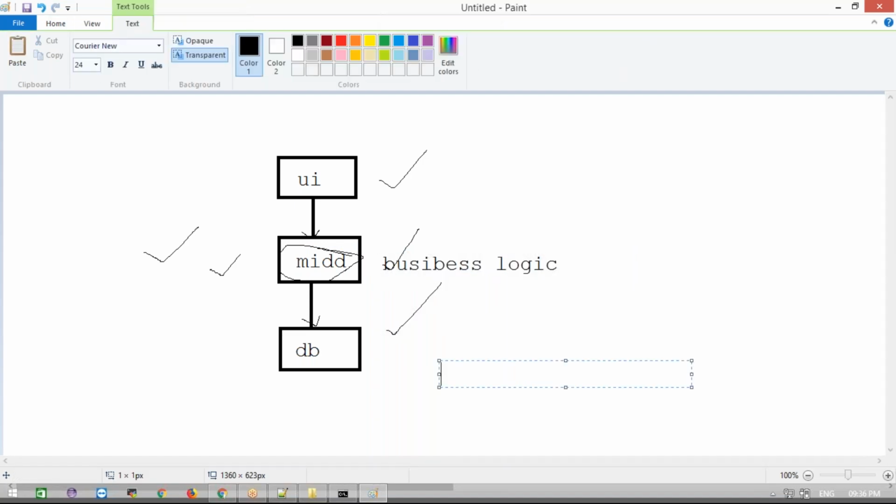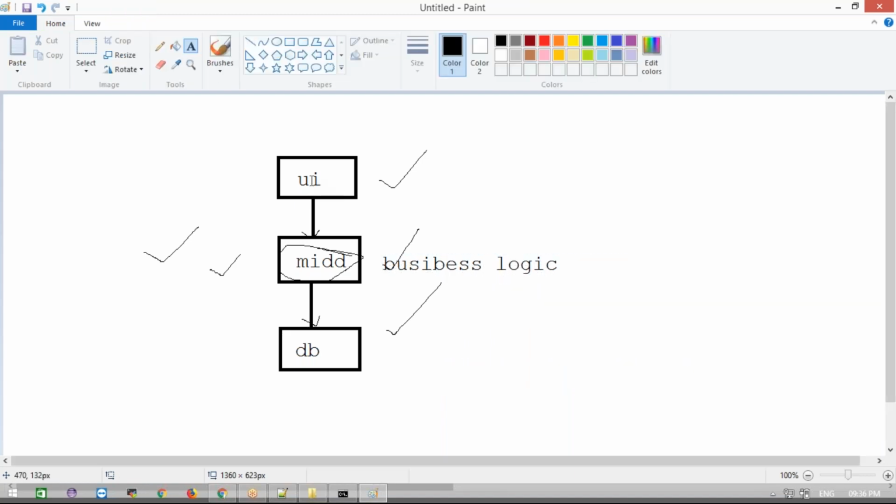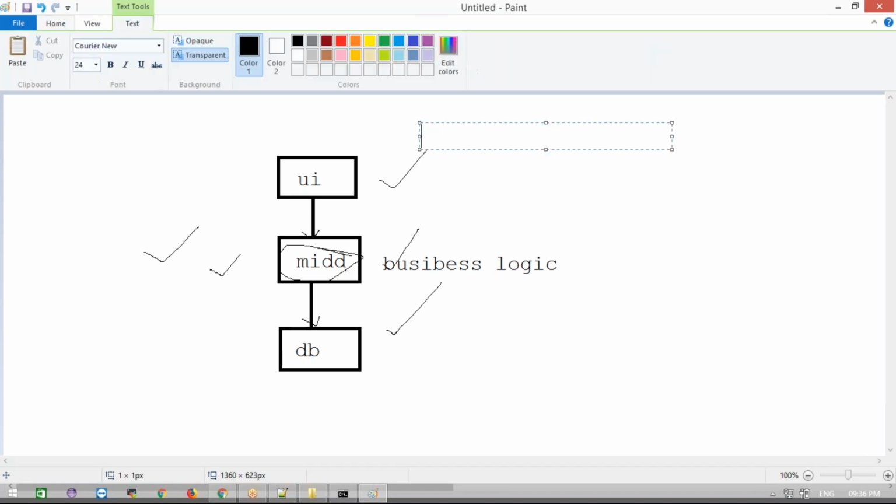Before the business logic runs, my UI project should be built. If it is successfully built, then only it comes to my second project. If that is successfully done, I need to run my database project also. I need to run the projects one by one in one single build. If I click one project, all three projects should be done at a time, because each project has a dependency on another project.